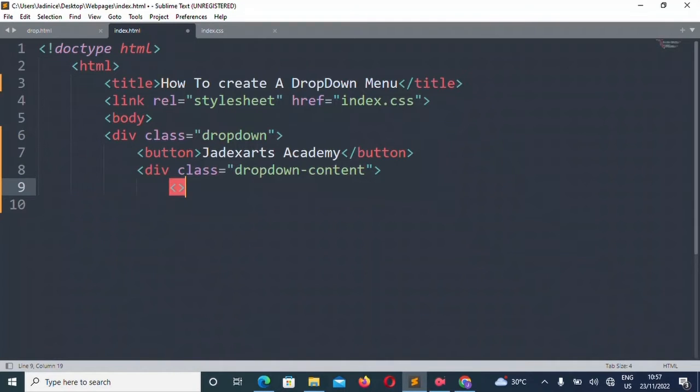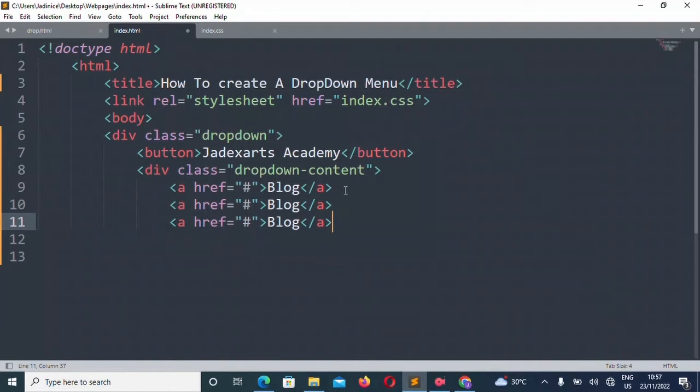And in this drop down content, we'll create the href, like I said. The blog, and let's copy and then paste and then paste.